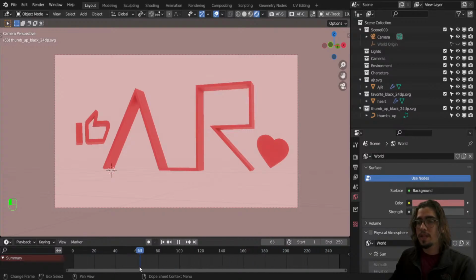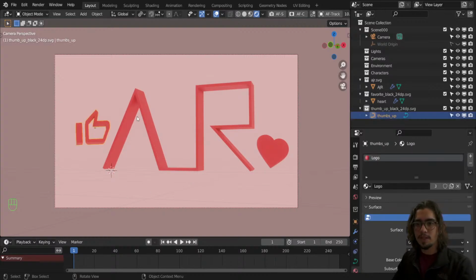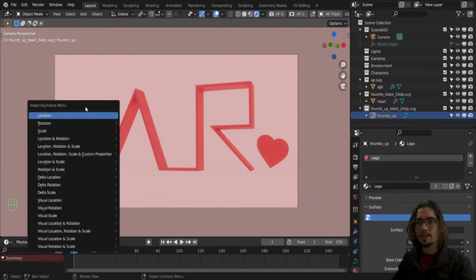If we scroll, we don't see anything. That's because we have no movement right now. So we've got about 10 minutes to get things going and animated. Let's do it. When we select an object, if we press I in this viewport, we can insert a